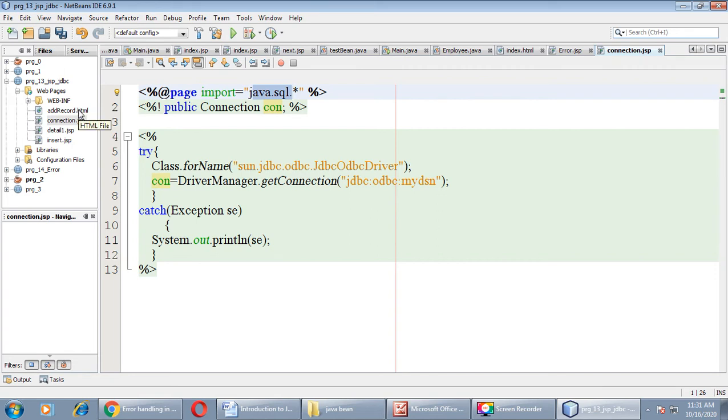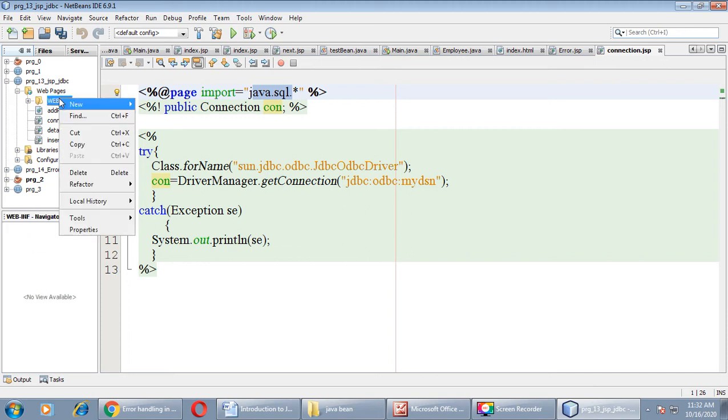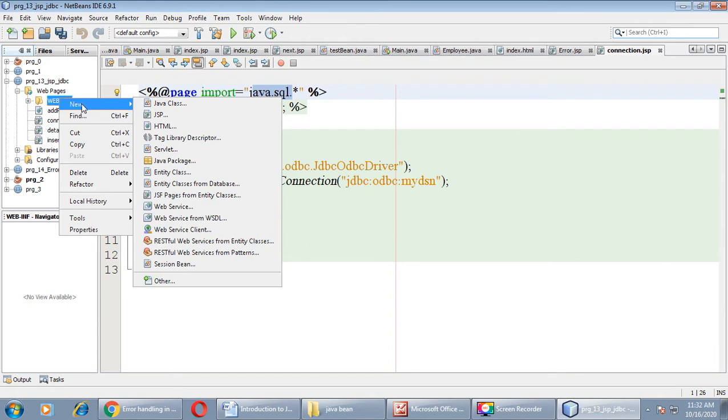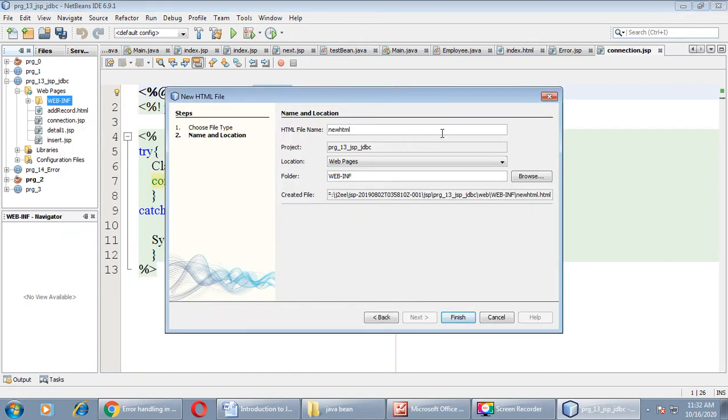For that, create one HTML page with the name addrecord.html inside the same folder, that is inside the WEB-INF folder. By right clicking on WEB-INF, click on New and then take HTML page. Here give the name addrecord.html.